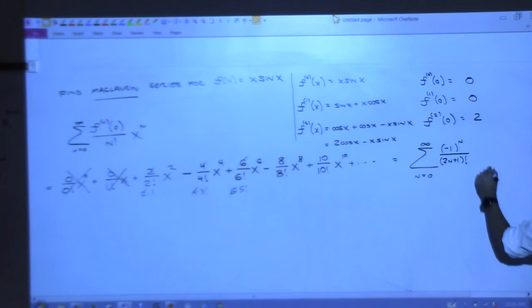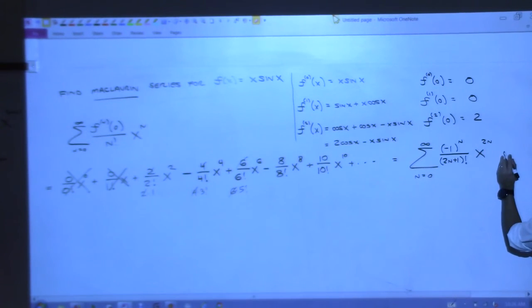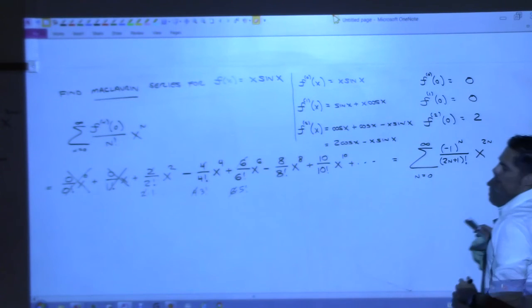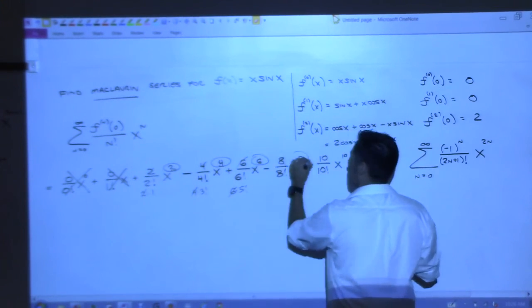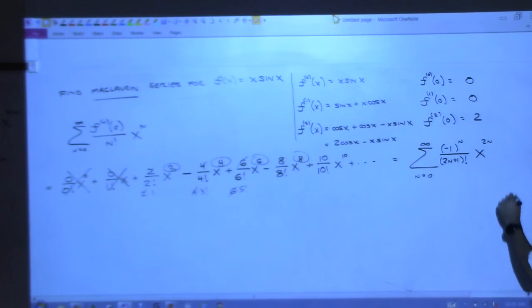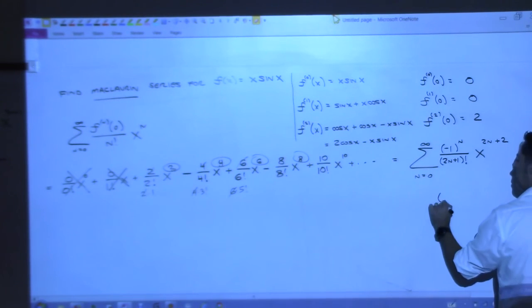And then x to the 2n. I want evens, don't I? Evens starting with 2, 4, 6, 8. So I want evens starting with 2: 2n plus 2. Agree? That's it. If we hadn't noticed that they reduced like that, you could have left it as negative 1